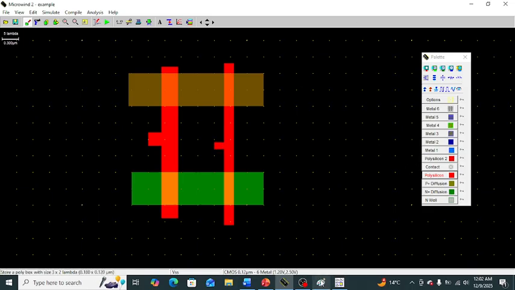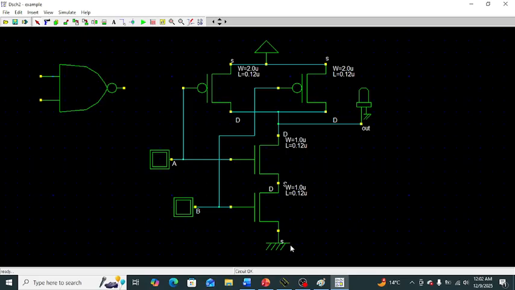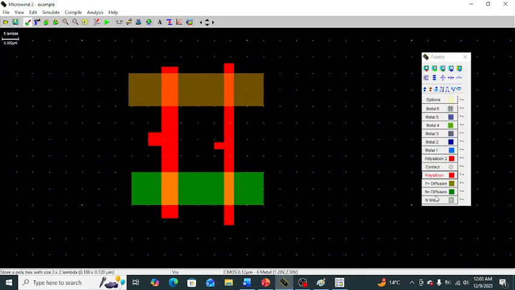Then, as shown in the schematic diagram, one NMOS is grounded and two PMOS are connected to the VDD supply. So in this case we use a metal layer. This is the metal 1 layer. Suppose this is the first PMOS and this is the second PMOS connected to the VDD supply. This is the VDD supply connected to the PMOS, and by metal connection we apply the VDD supply to both PMOS.